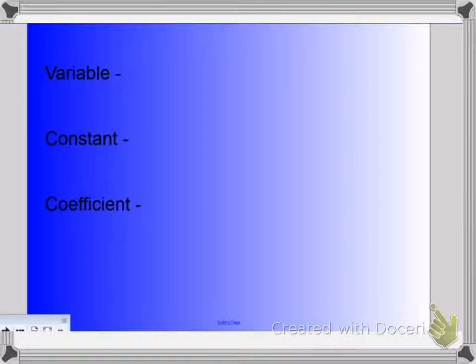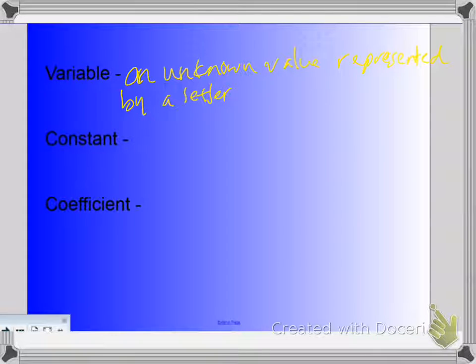what they mean. When we talk about a variable, that's when we have a letter that's in a problem. A variable represents an unknown value. And we always use a letter. So this is represented by a letter. And that letter can be any amount of numbers. And you'll see that when we get into inequalities in a couple of weeks. But for now, what you need to understand is that a variable is an unknown value that's represented by a